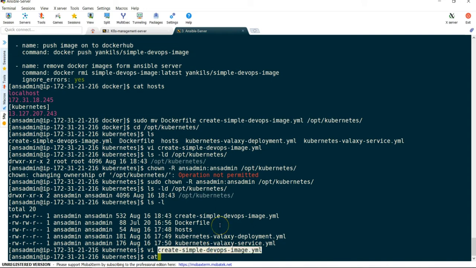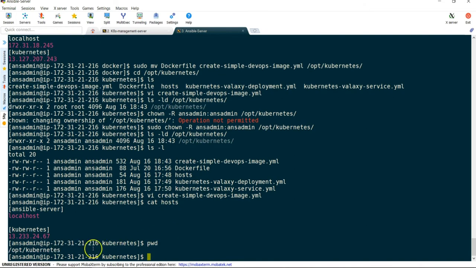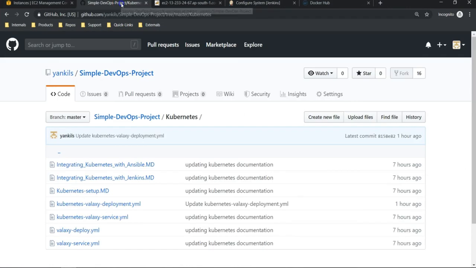Instead of that, I'm just giving this group name so that it indirectly refers to the localhost. We need not specify --limit localhost explicitly. Okay, and according to this we need to change the job, because our current Ansible file is available in this location and the hosts file is also available in this location. So let's go back and modify our job.